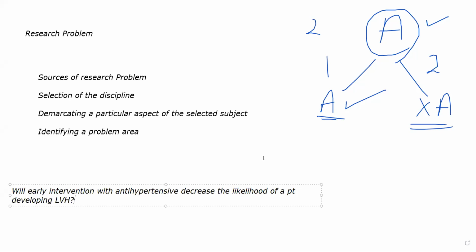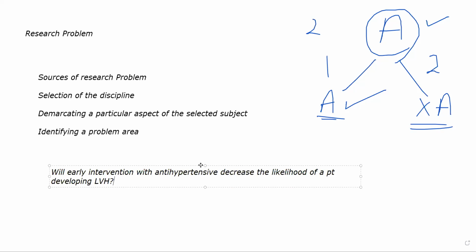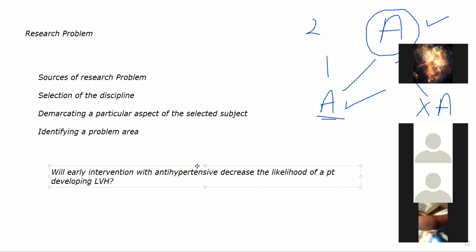Okay, so there are a lot of variables you can come up with for a single problem result, but here you have narrowed down quite a lot. So that is how you identify a particular problem area. Now I came up with this one example. There are several ways through which you can come across a problem area. I will list down a few sources where you can identify a problem area.